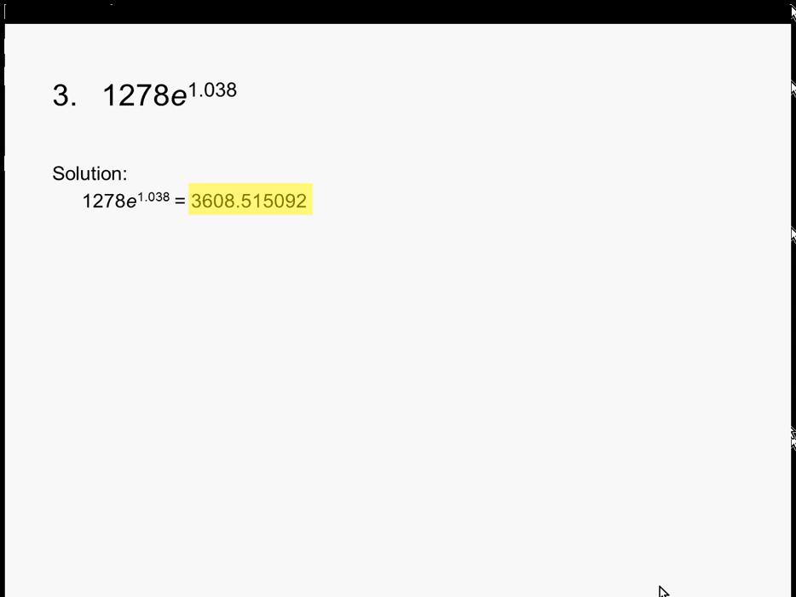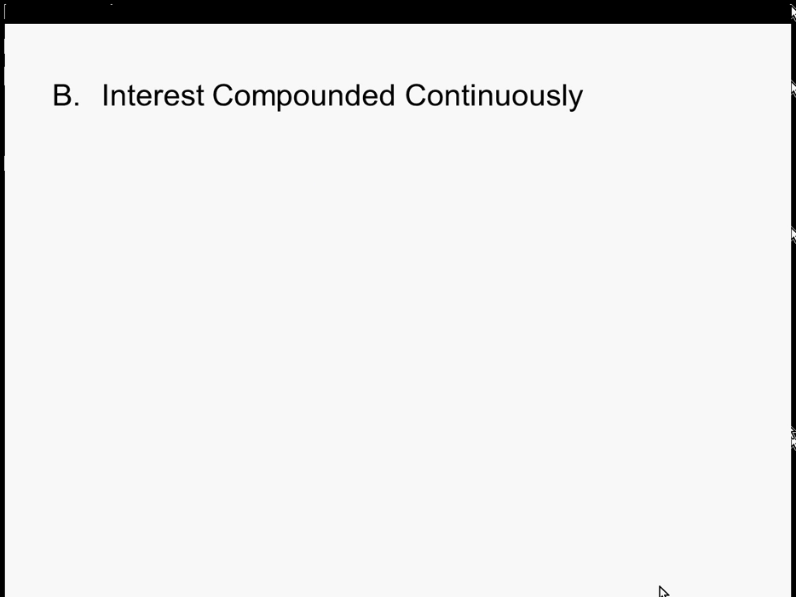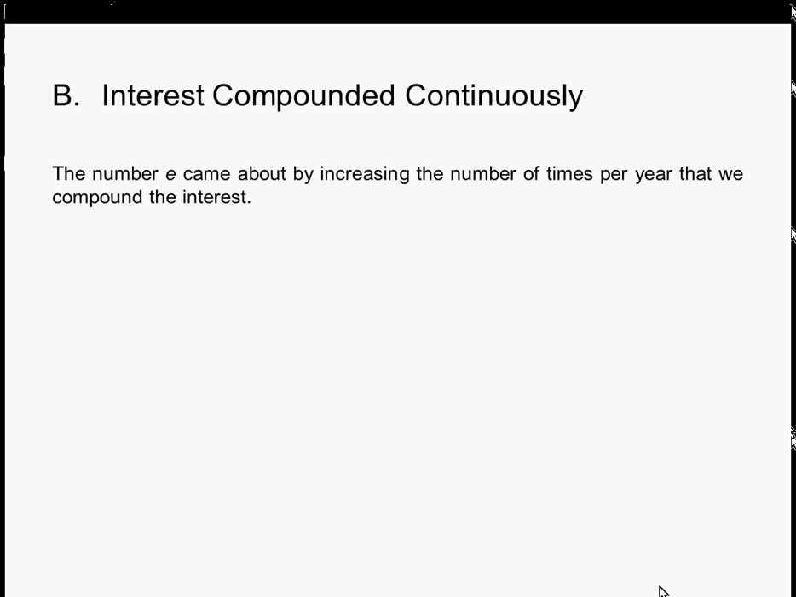Okay, now remember, all this came about because we were investing $1 for 1 year at 100% interest. Notice we were letting the number of times we compound go to infinity, which means we were having smaller and smaller amounts of time before the interest was allowed to earn interest. So interest compounded continuously. Number E came about by increasing the number of times per year that we compound the interest. So it's kind of like we were trying to compound every time we looked at our money, not just at the end of each second or at the end of each tenth of a second or at the end of each thousandth of a second, but no matter when you looked at your money, your interest was earning